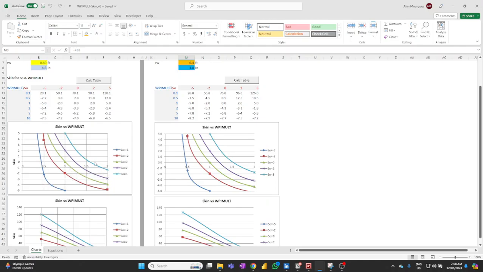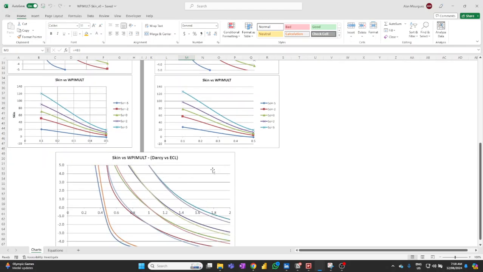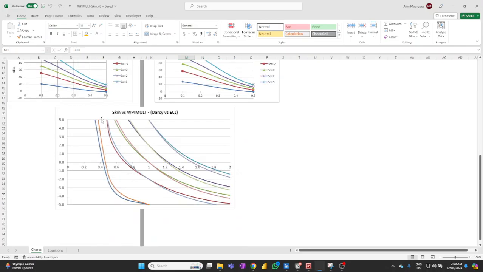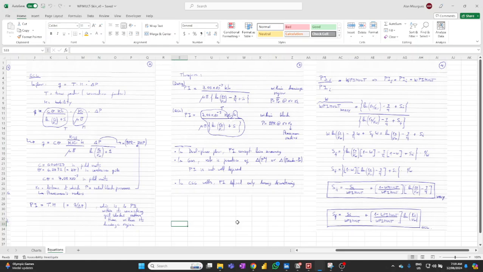Okay, now finally I have here at the bottom a chart that actually has both Darcy and the Eclipse derived final skin values in the same chart, and you would have expected them to be obviously fairly close to each other. After all, this is the very same inflow definition. There are some minor differences because